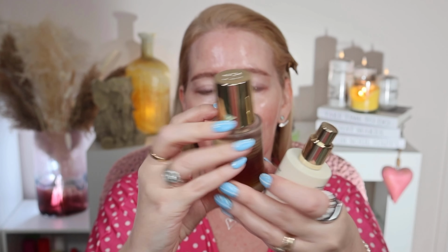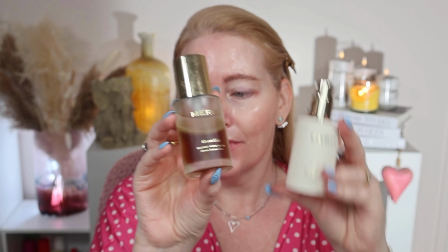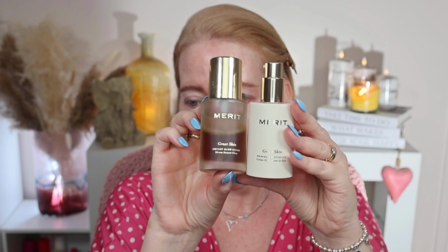Before I do anything, I'm going to start with a primer. So this is the brand new one from Merit. This is their Moisturising Glow Skin Primer. Now I already love this one here from Merit. This is the Great Skin Instant Glow Serum. I think they recommend using these two together. I haven't actually tried that yet, and I'm going to test that out before I tell you how I get on with that, because with an oil I always feel I need to be careful, especially when trying out new products. So I'm not doing that today, but I am going to be trying out this one, which I've already